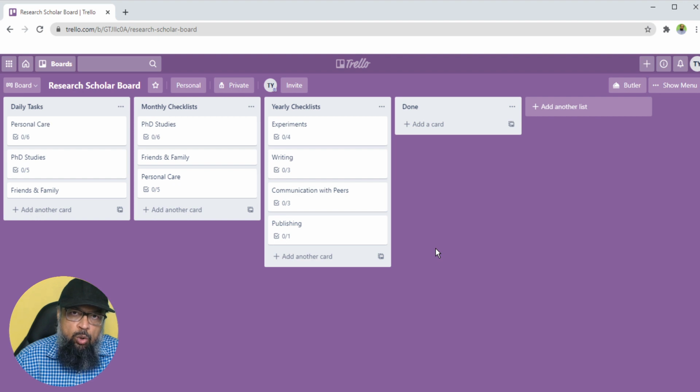So this Trello board is an alternate way for PhD students to get organized, because as you can see, this is a very simple board. There is nothing fancy, and you don't need any other Trello tutorial to understand this. I'm going to explain everything you need in this video. Once you wake up in the morning, you open this Trello board, which you can copy within 5 to 10 minutes by opening a new account with Trello. And then every day you just have to tick a few check boxes whether you have done certain things or not. And when you follow these tasks repeatedly, a day will come when these things will become your habit.